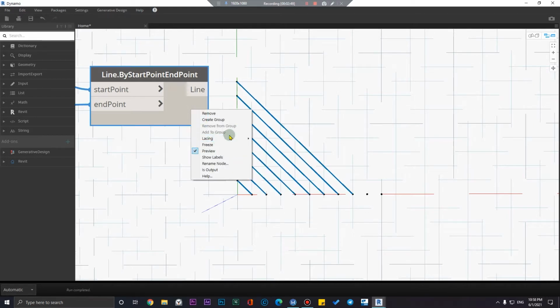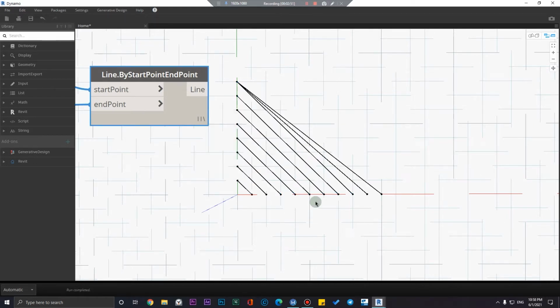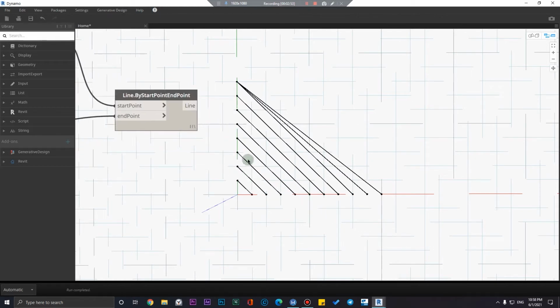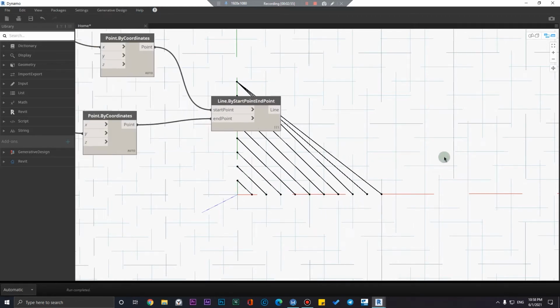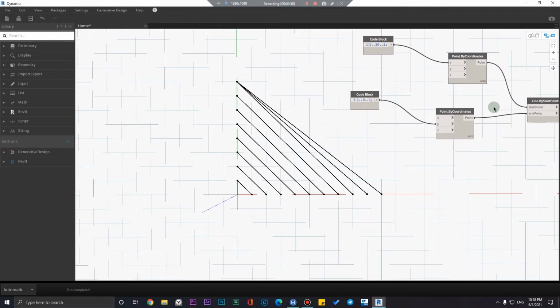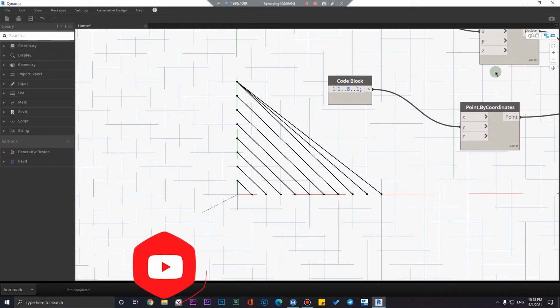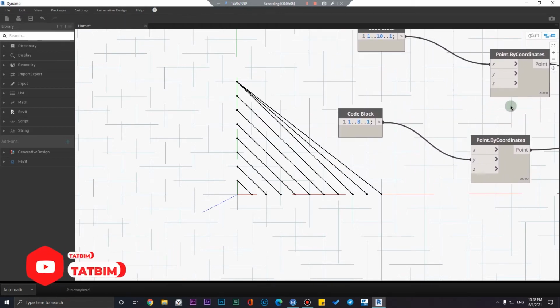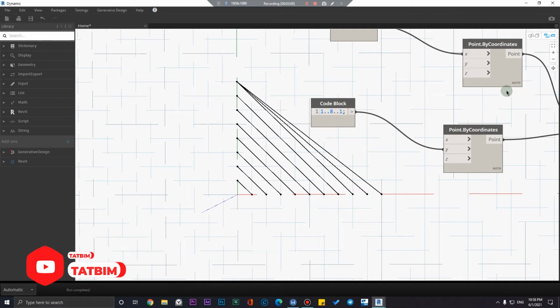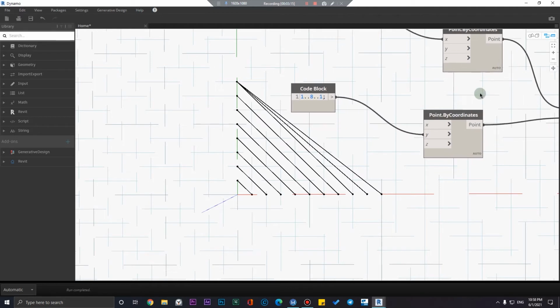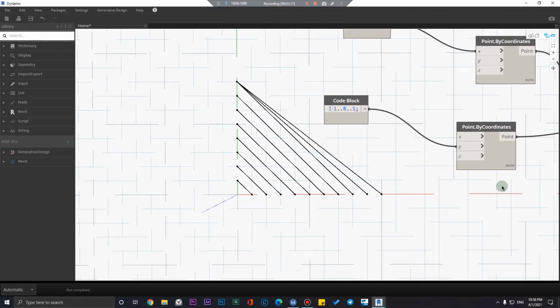When you change it to longest, all of the operation will be the same, but when Dynamo reaches the 9th number of this set, it will continue to connect the 9th number of this set with the extra numbers of the other.